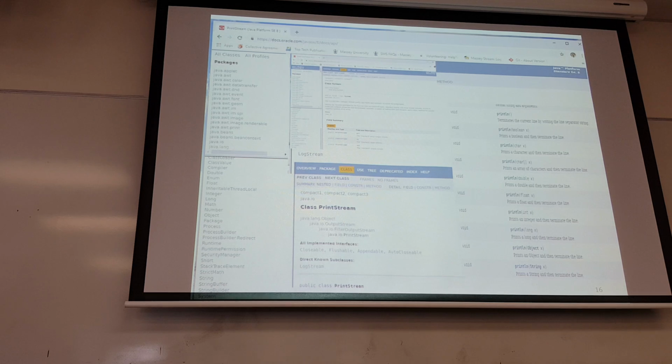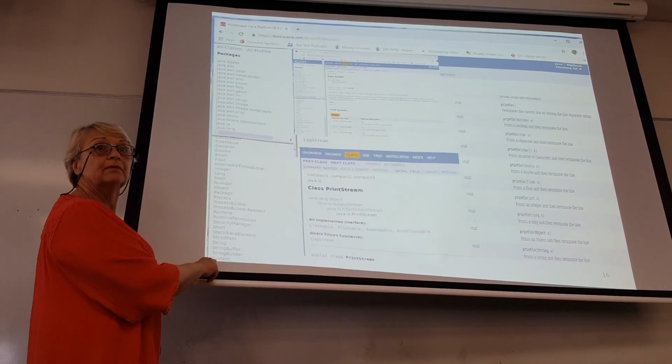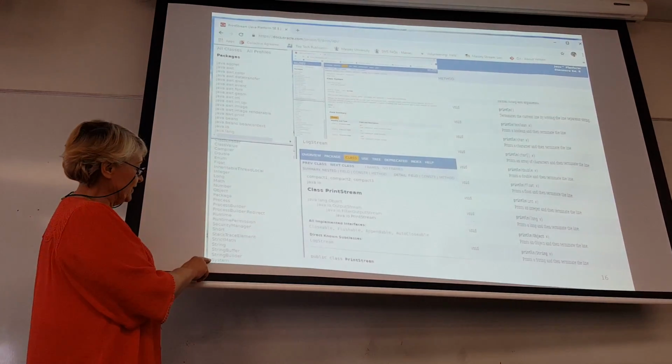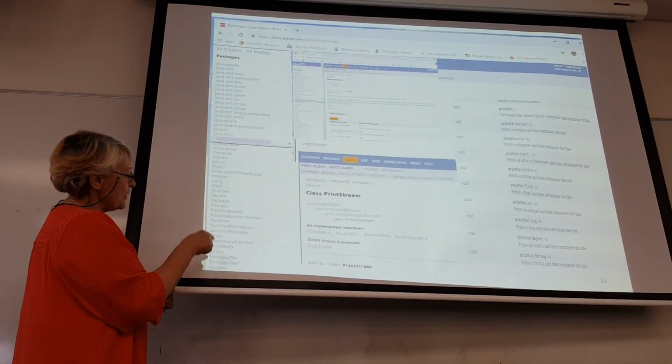So System is just at the bottom here. After StringBuilder, it's System. And if you click on it,